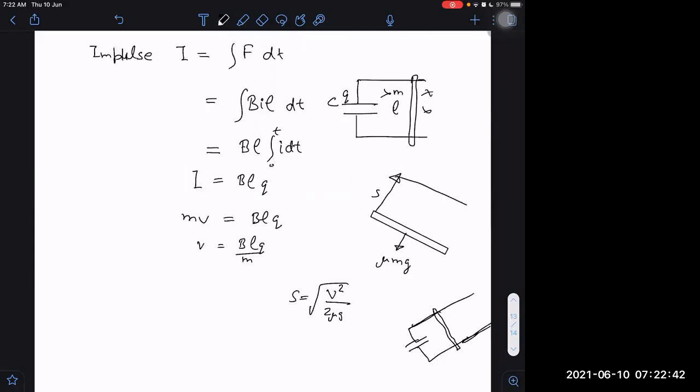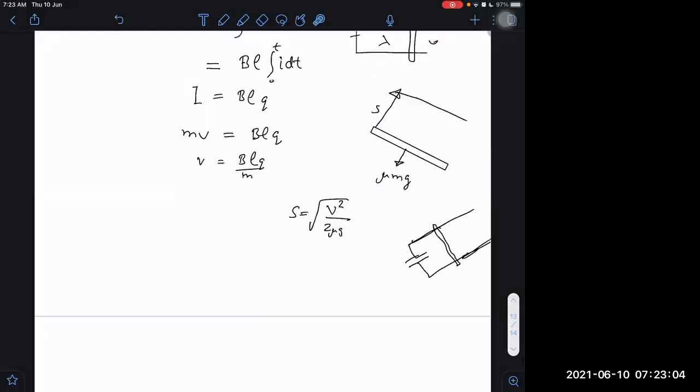Now B is downwards. Then in which direction will the force act? Upwards, positive x-axis. Current flows this side. Then I think the force, from q v cross B, is this side, right? If B is into the plane, then the force will act towards the right side. So it is moving towards the right. In the same way here, how B is kept and where B is kept, we have to keep all those things in mind. Then we can say whether it is moving along the incline or not, and with what force.